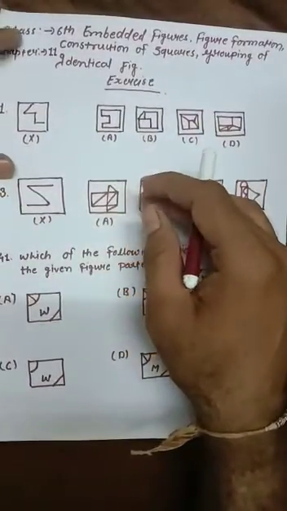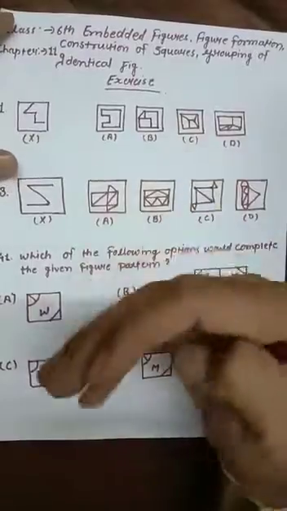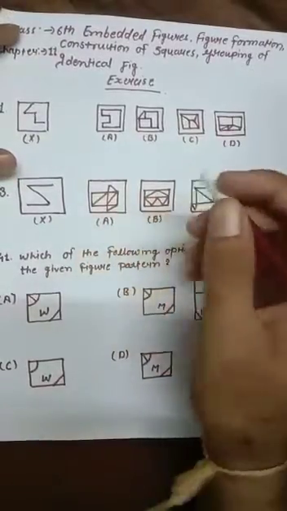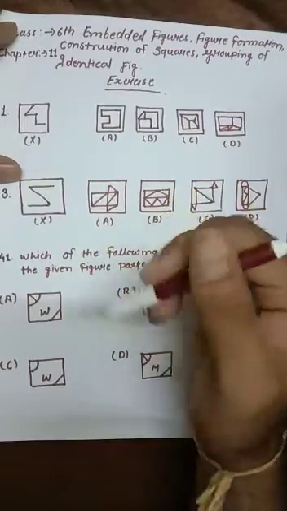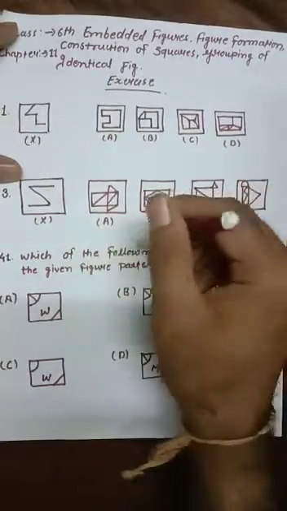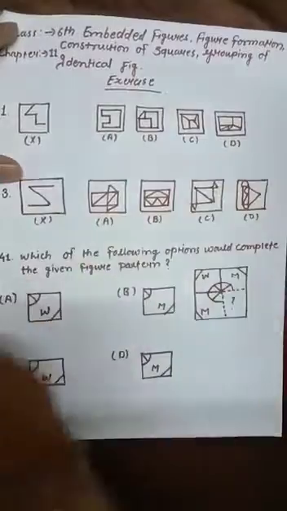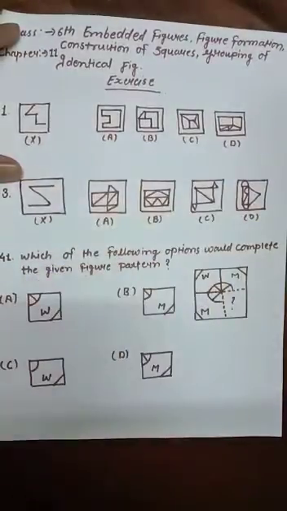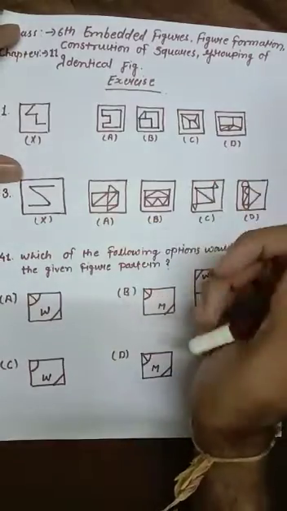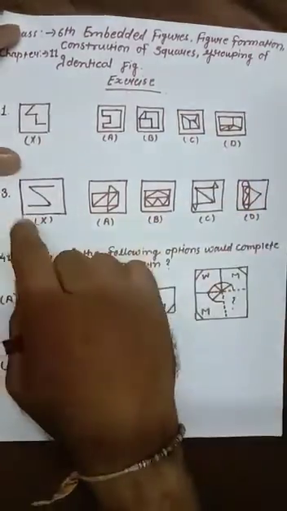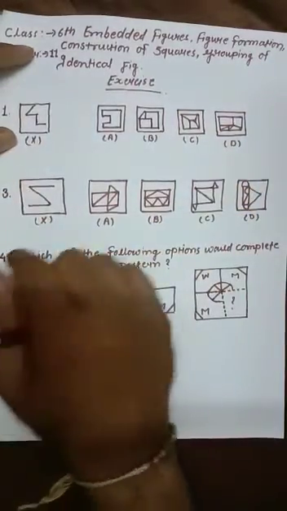First we have to understand. There will be 3, 4 or maybe 5 kinds of questions in the whole chapter, and we have to find out the answers with the help of simple logic. There are basically two types of questions available there. First is the question based on embedded figure.